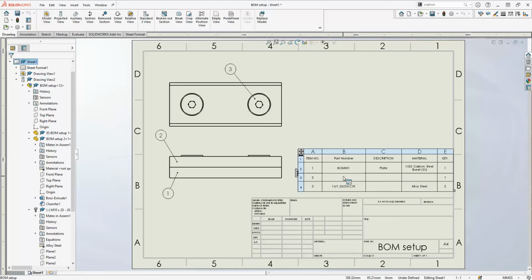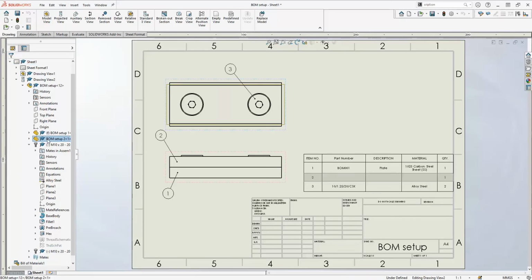But we don't have anything for part number 2, which is the top plate, and we've got a gap here under description for the screw. So we need to go and fix that. The way we do that is to open up the part from the menu over here,